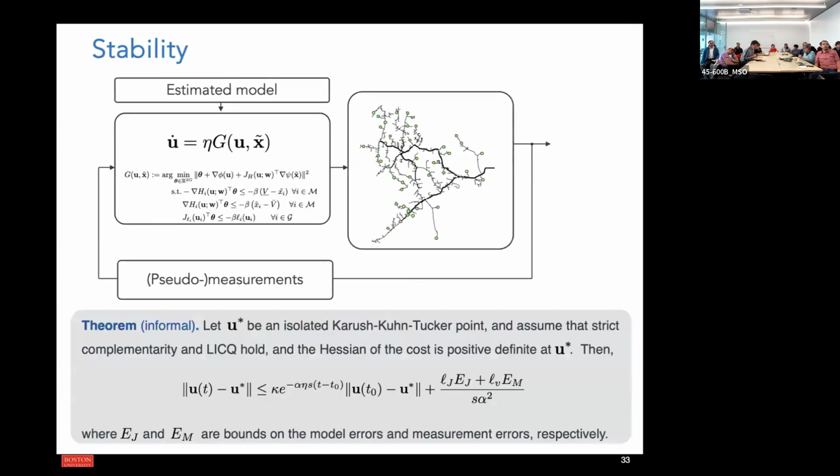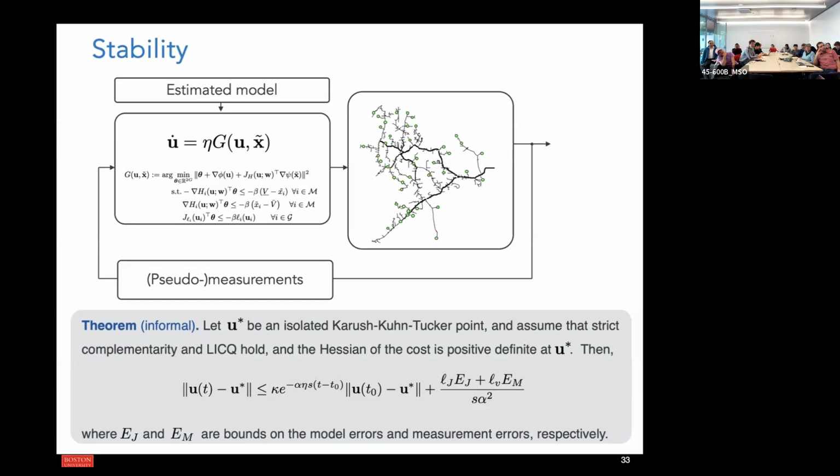So what we have in this case is a closed loop system where our method computes the power set points of the DERs based on measurements of the voltages. We send down the new set points, and then we collect pseudo measurements. We leverage our linearized model, and we keep going in closed loop. We continuously perform these steps in closed loop. Now,